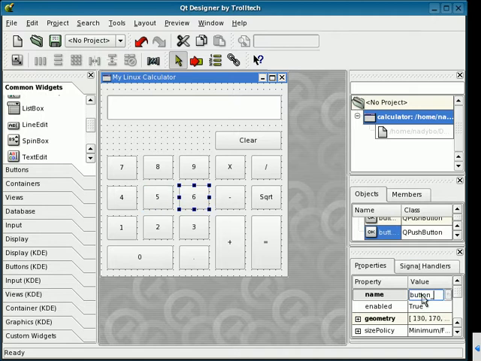5, 6, 7, we got 8, and 9. So now we just got to knock these out. This is going to be plus, or I'll just do it like this. Add, button underscore subtract, button underscore multiply, come up here, button underscore clear, button underscore div for divide, button underscore sqrt,